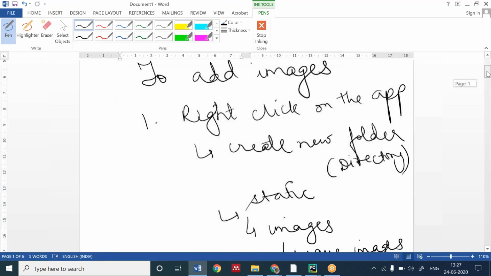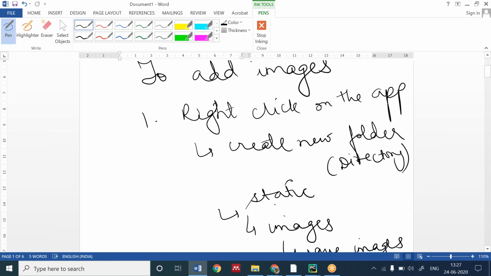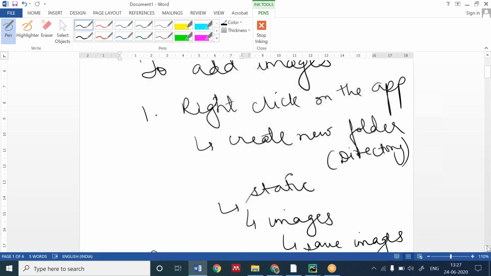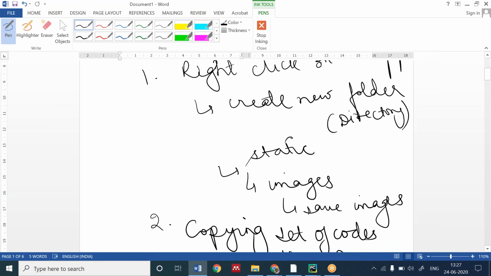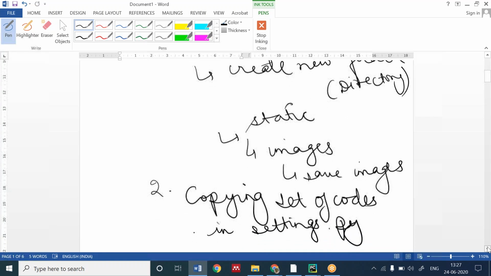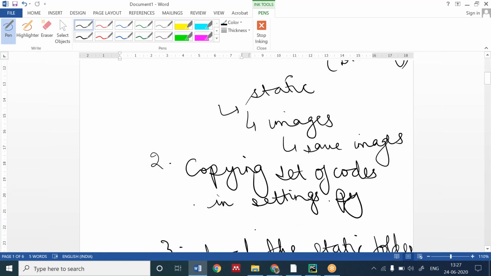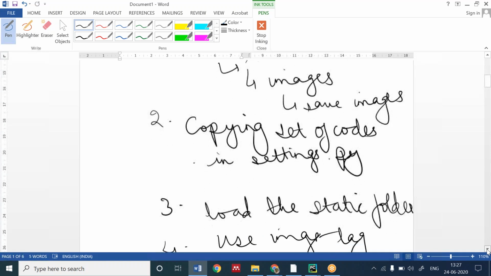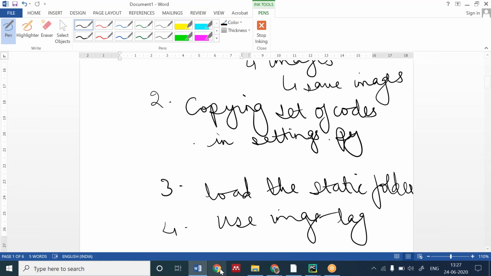Firstly, to add images, you have to right click on the app and create a new folder. Then you name that folder as the directory, then images. Then in the images folder, you can copy the images. The second point is you have to copy the set of code in settings.py. Third is load the static folder. Fourth is use the image tag.